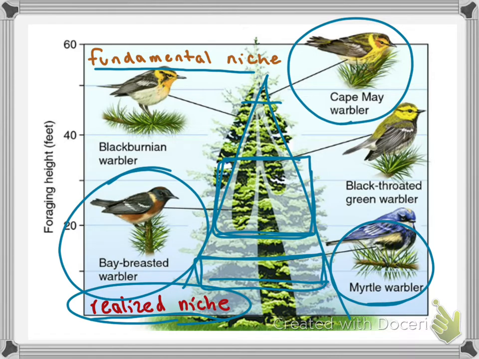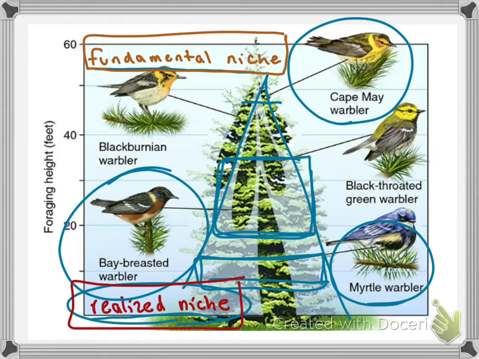And they can eat insects or numbers of fruits, particularly bayberry and wax myrtle, which their digestive systems are uniquely suited amongst the warblers to digest. So where they could live is very different than where they actually live. And that's a direct